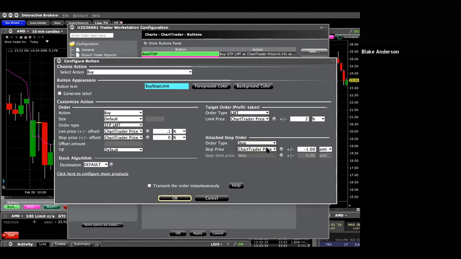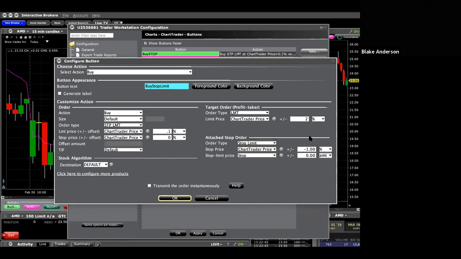So let's say your stop's at $19.50. If the stock drops just a crazy amount, they could fill you at $19 if they wanted to. Versus if you do a stop limit, you say, hey, trigger me, but don't give me some crazy fill. So I always do stop limits. I've very rarely not gotten filled within my parameters. So the stop price, which will be the trigger price, let's do